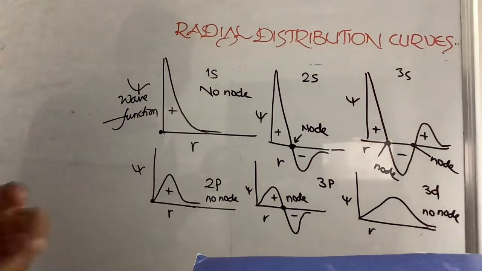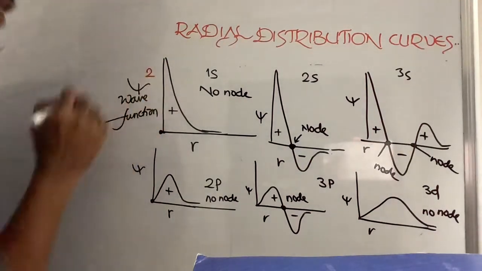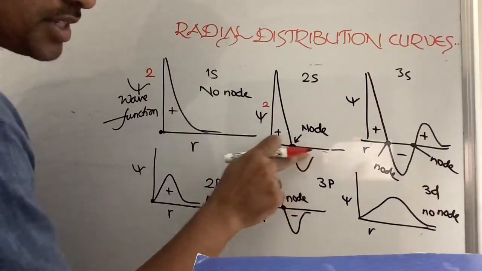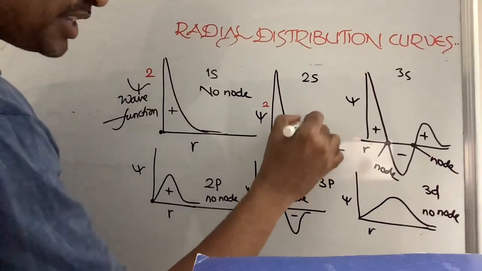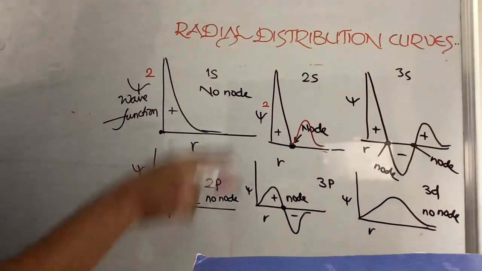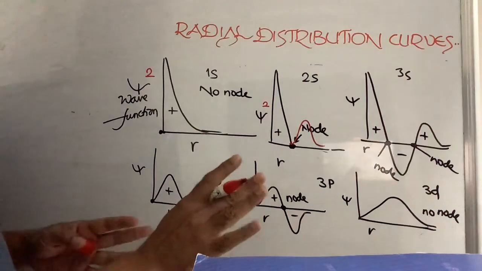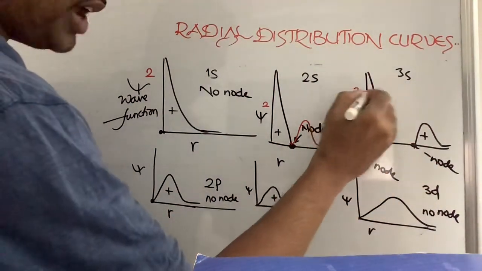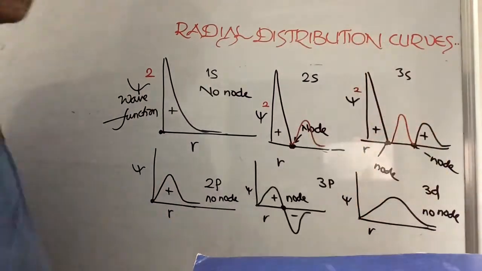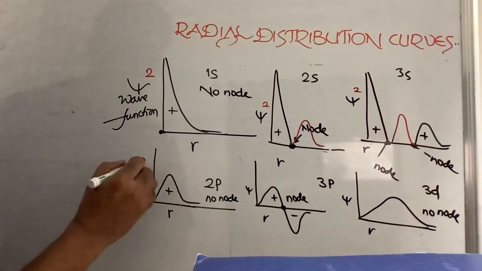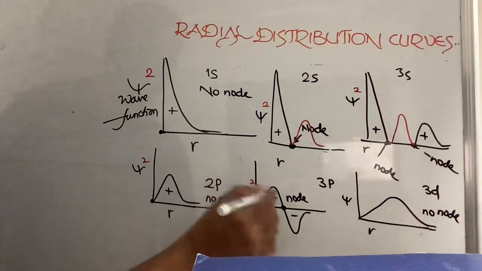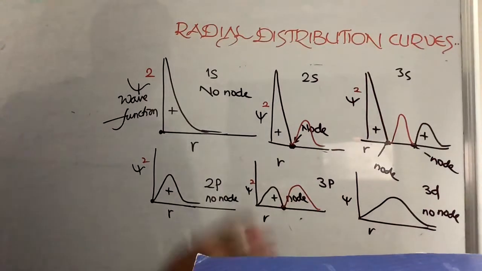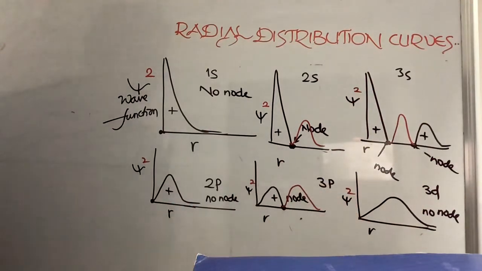Now I am making the probability functions, you see. Psi square graph. This will be same, no change. This part, whatever is down now, that is here. Everything is same, only small changes I am making. Psi square means the negative values will become positive values. Psi, this is no change. Psi square same as it is. This negative value whatever is there, this is coming like positive value. Nodes and everything is going to be same.